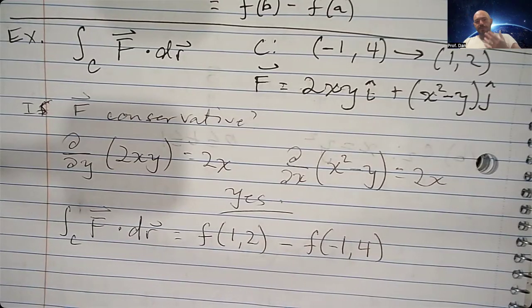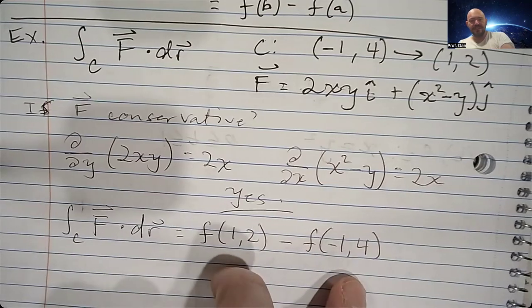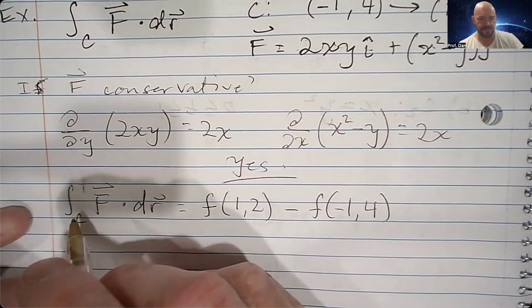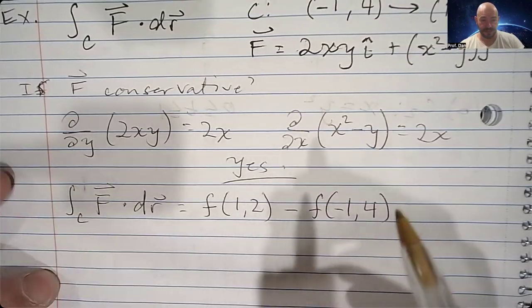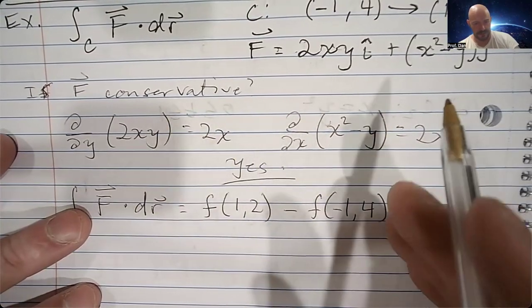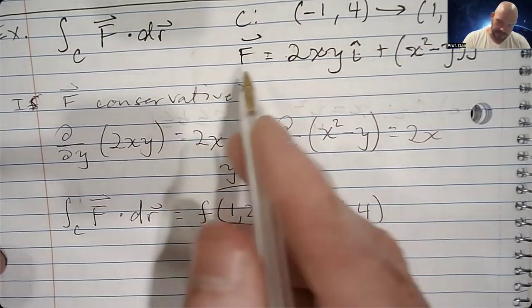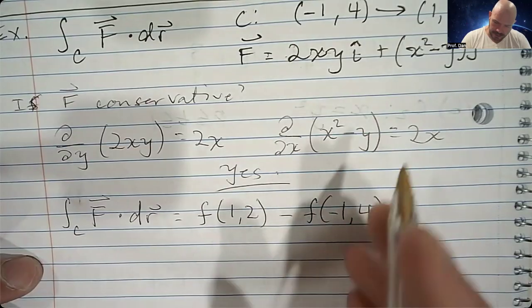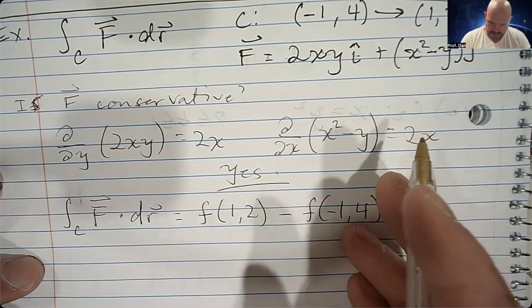So before we can carry out this calculation, we need to go back and figure out what the potential function is for the vector field F. If you remember from a couple videos ago,